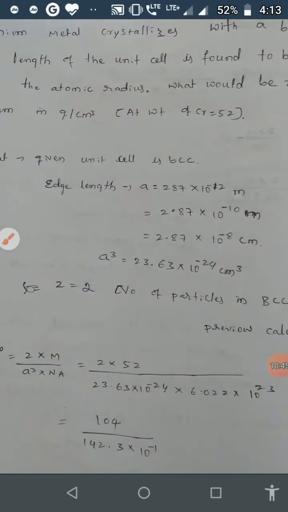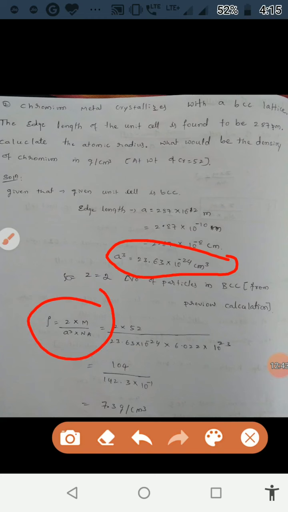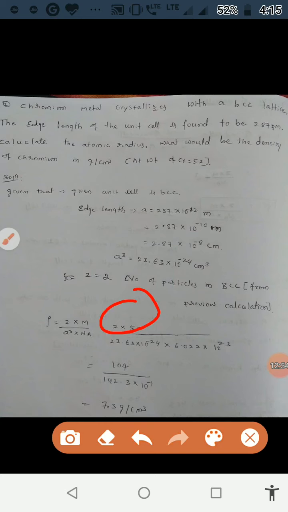From the formula, we have rho is equal to Z into M divided by A cube into Na. The value of Z is 2. The molar mass of chromium is 52. Therefore, it is 2 into 52. A cube value is 23.63 into 10 to the power of minus 24, into 6.022 into 10 to the power of 23. That is